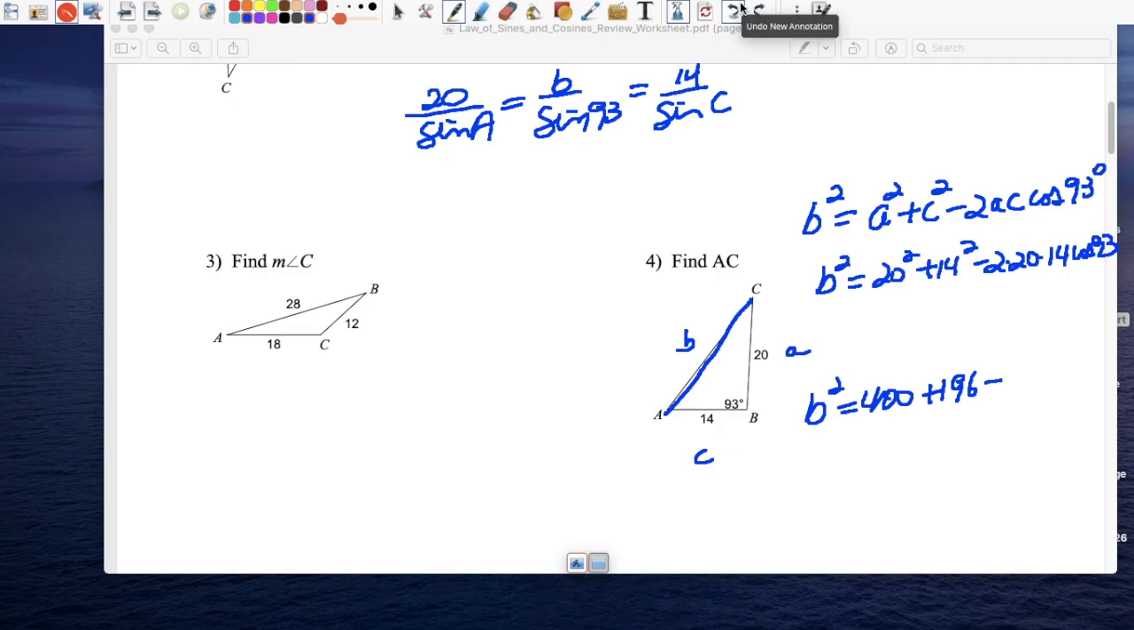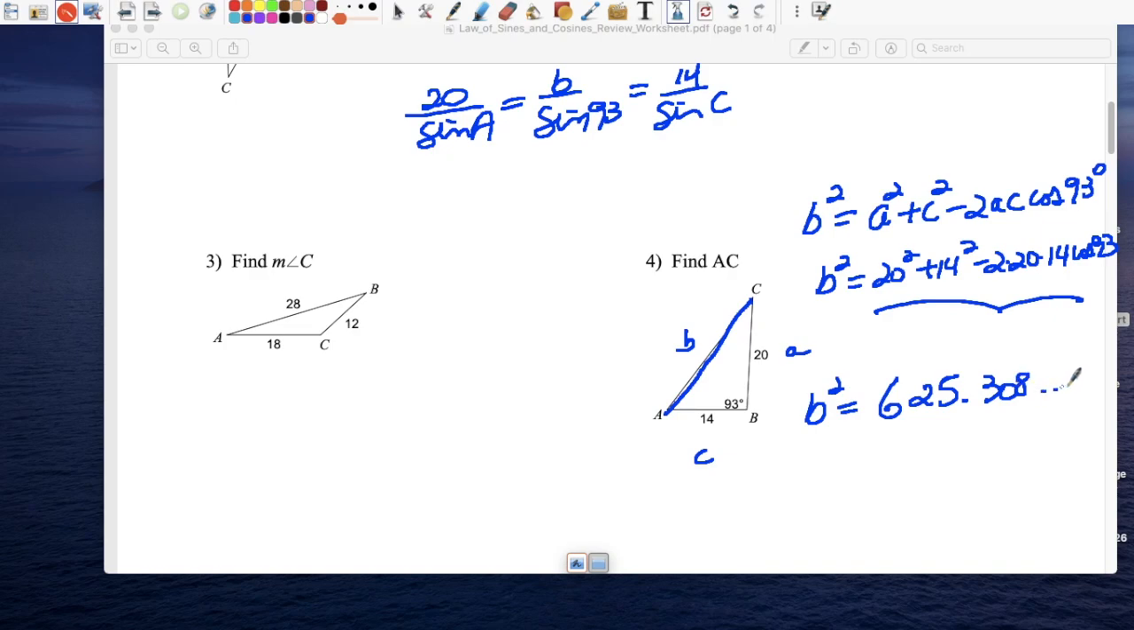No, I'm just going to put everything in the calculator. 400 plus 196 minus 2 times 20 times 14 times cosine of angle 93. 2 times 7 times 14 times cosine of angle 93. And I get 600. So let me erase this. And all that equals